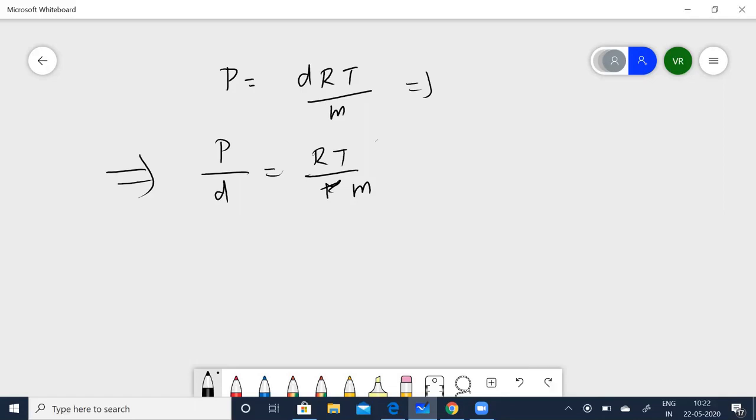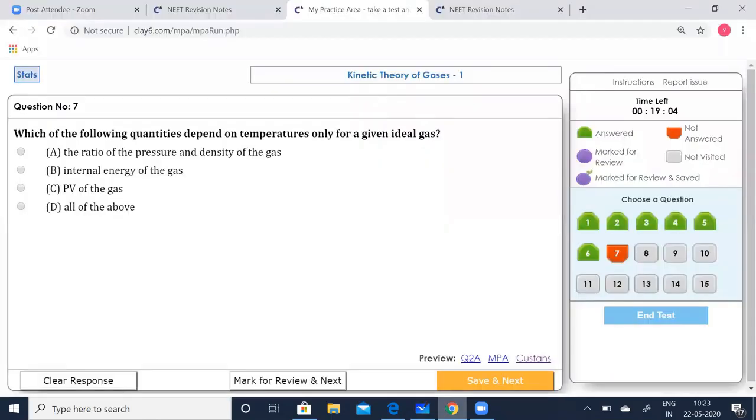So this is equal to... for a given gas, U is equal to nCvT. You can put R, and M is now going to be a constant, right? So you can directly say that it is now going to depend only on the moles and temperature. So it is directly proportional. So PV equals nRT is now going to depend upon the number of moles.